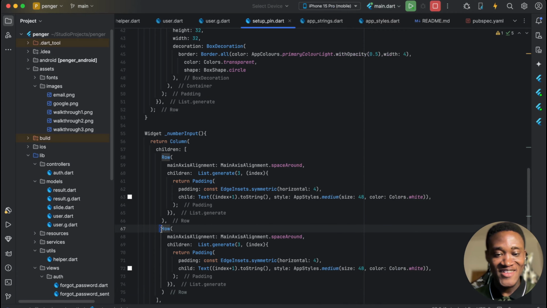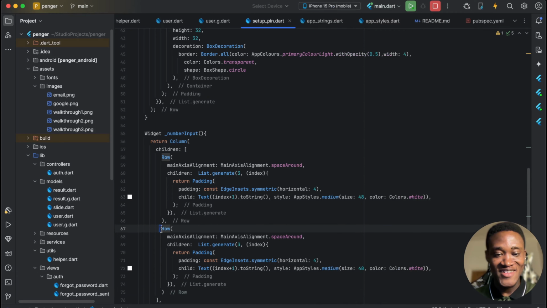As you can see, it's 1, 2, 3 here. Now what we are going to do is wrap this in another loop. So we're going to take this here, and then do dot list dot generate. So we're going to generate the 1, 2, 3, 4, 5, 6, 7, 8, 9. For the last row, we're going to use a different approach. So it's 3. And then here, so this is going to be our